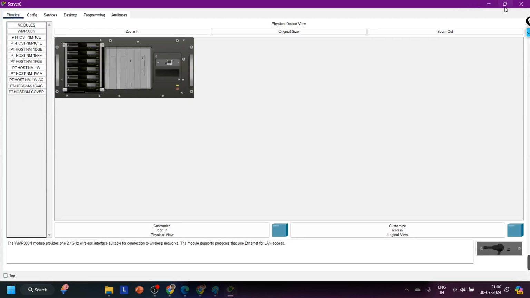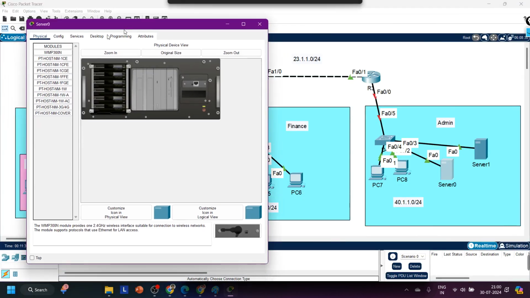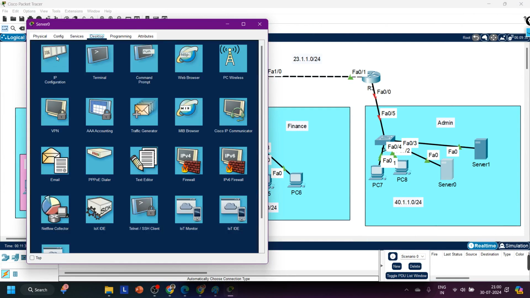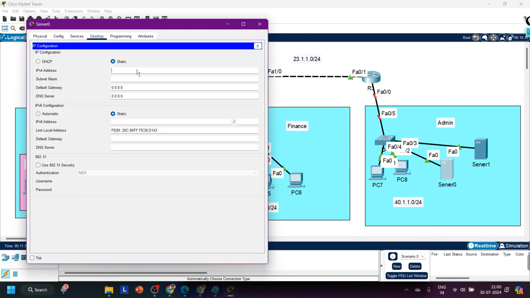And guys, on server 0 I will enable some protocols as well to verify. First, IP address 40.1.1.2, 255.255.255.0 and gateway 40.1.1.254. Then go to services,